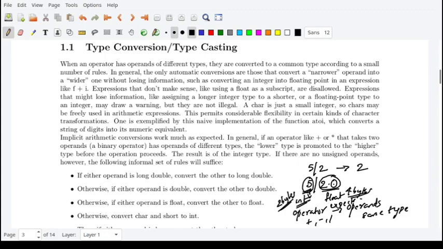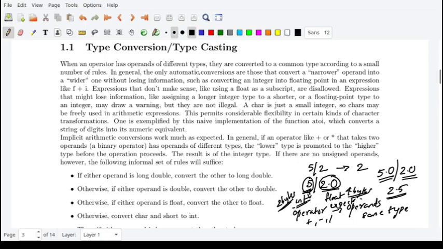This is done without our knowledge. The compiler will do it internally. Internally the compiler will convert this integer data type into a floating point data type. So internally your 5 will become 5.0 and your 2.0 will remain 2.0 itself. Now both the operands have become real, or floating point types, so they are of the same type, so you can divide and you get a result 2.5. So this is actually called type conversion.